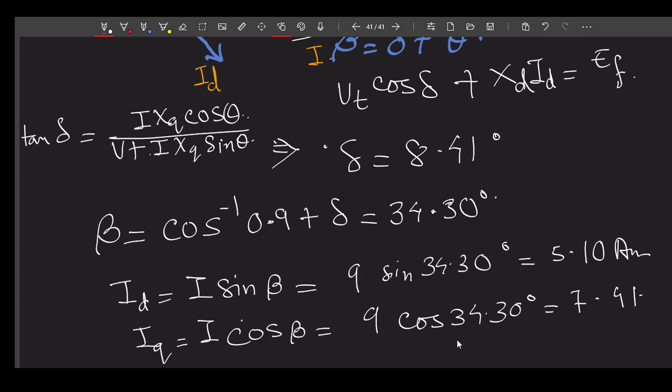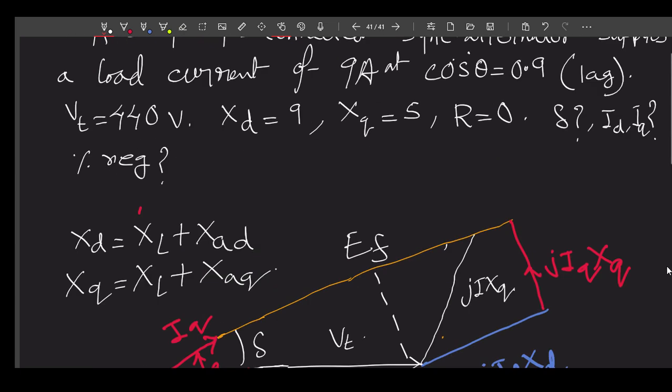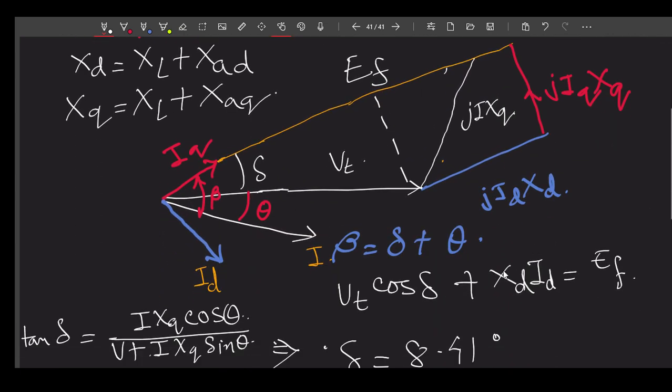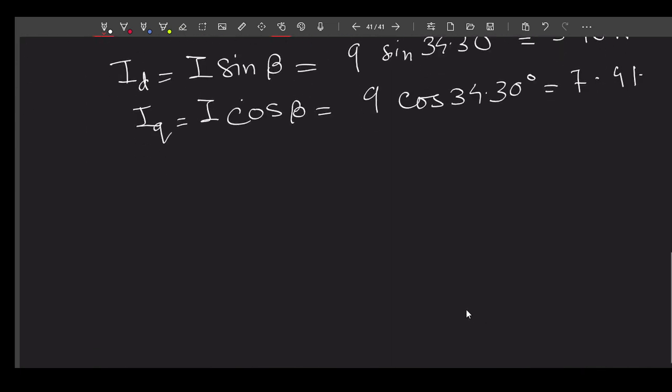Now what about EF? EF is equal to, as we know, this much. EF will be Vt cos delta plus Id Xd. So that will be